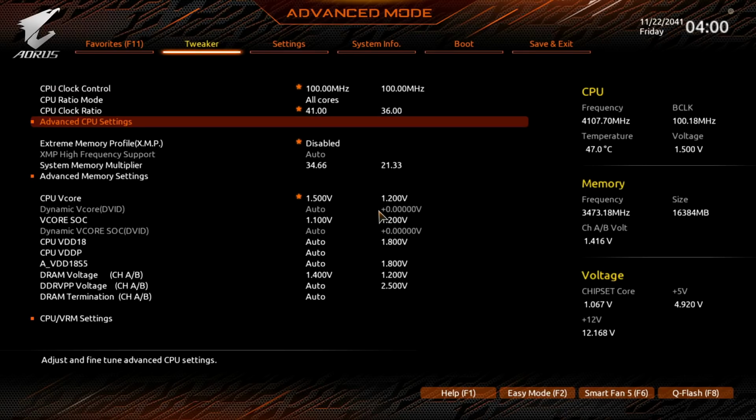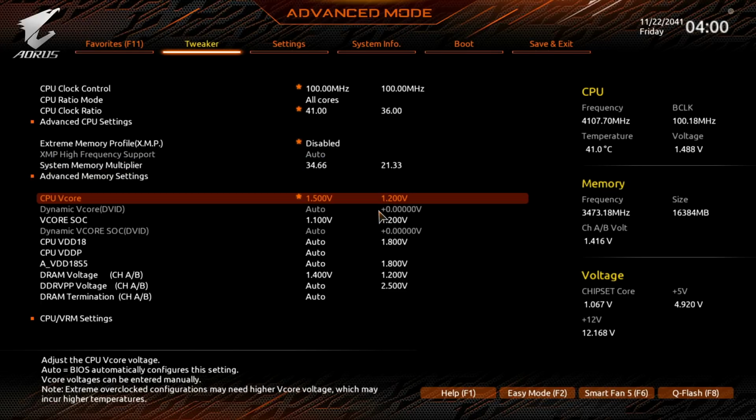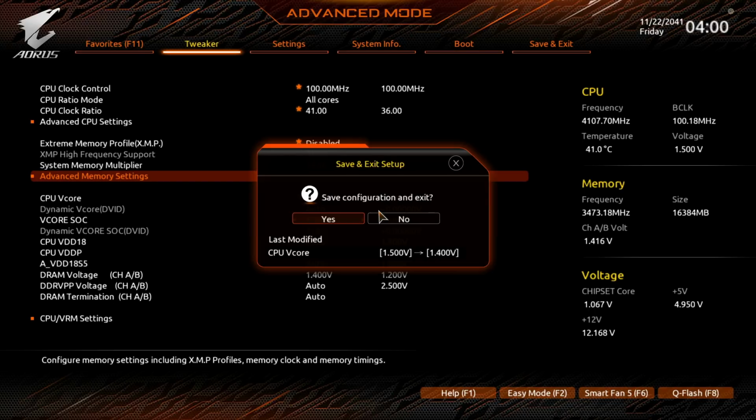The other thing is the chips don't scale. At the top end of the voltage, at 1.5 volts, this chip doesn't clock any better than it does at 1.35 volts, for Prime 95. If your operating temperature is really high, it actually kills your clock speed. So there's not a ton of point in that. That was 1.5 volts, and that was dropping to 1.44, so if we set 1.4 volts,